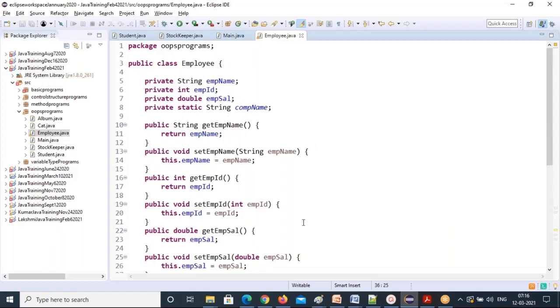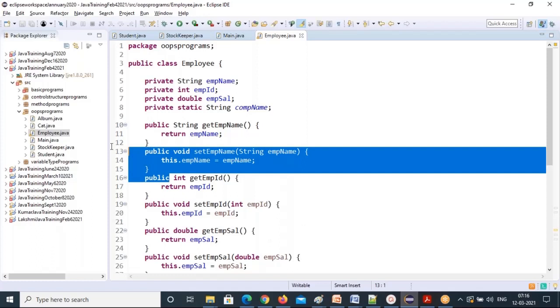Now I want to create another employee. Suppose I'll create a manager class. Manager is an employee. Is it maintaining the is-a relationship? Remember, inheritance means always a parent-child relationship. The child belongs to the parent. Now, manager is an employee, so manager is the child and employee is the parent. Manager is one kind of employee only. So that's why I'm creating a manager class.